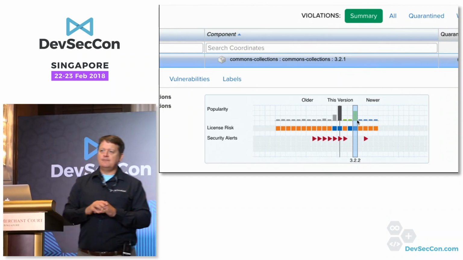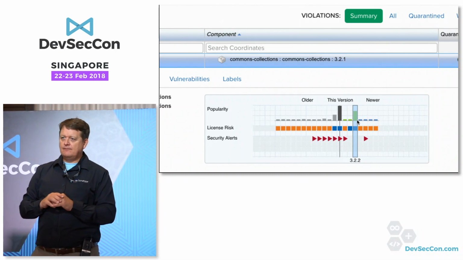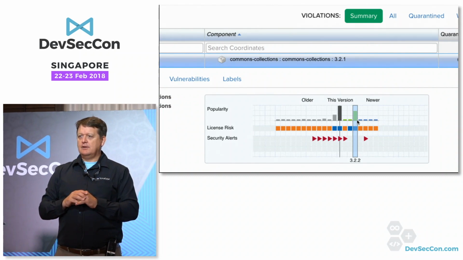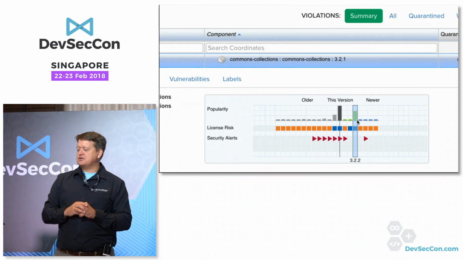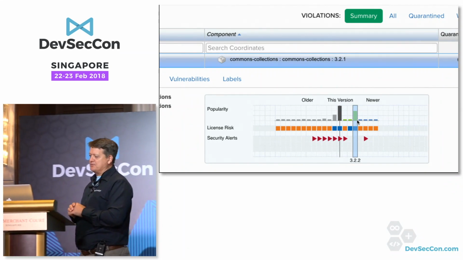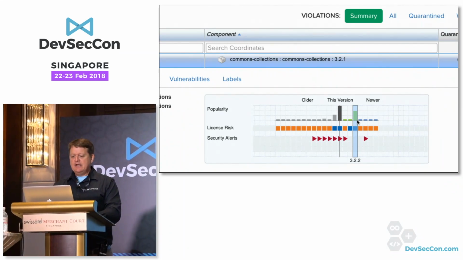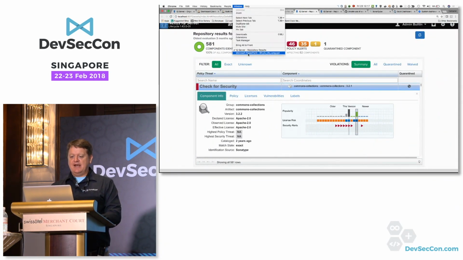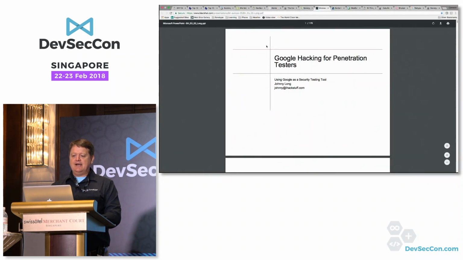I just want to confirm, you had said that the Equifax breach was preventable and it was based on a Struts vulnerability. Is that correct? What was the vulnerability that actually caused that? Okay, so the question is, the Equifax breach was based on a Struts 2 vulnerability. So yes, it was. The way we know that is because Equifax told us that, and it was confirmed by other researchers, and we know that Equifax uses Struts. I demonstrated that with my Google attack.